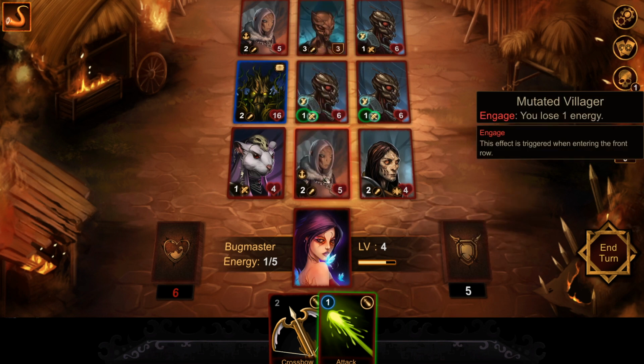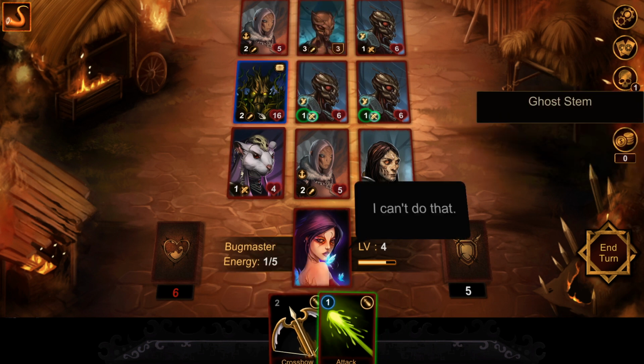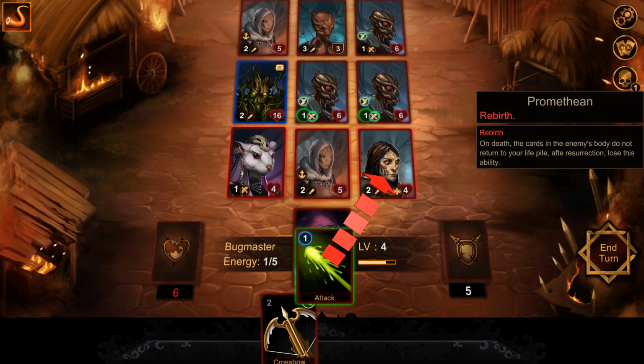It's dead. Mutated villager. Engage, you lose 1 energy. Well, I could use the crossbow. Let's use the crossbow on this big guy, because he seems like he's gonna be dangerous. Oh, I don't have the energy for the crossbow. In that case, let me hit the...